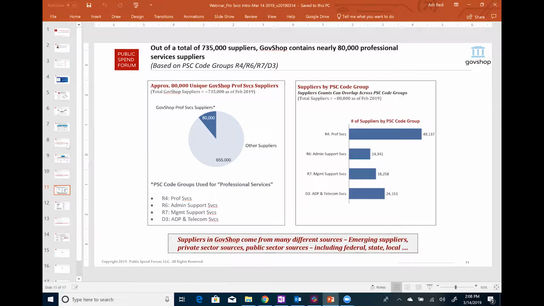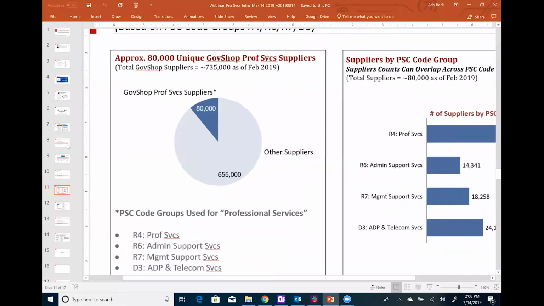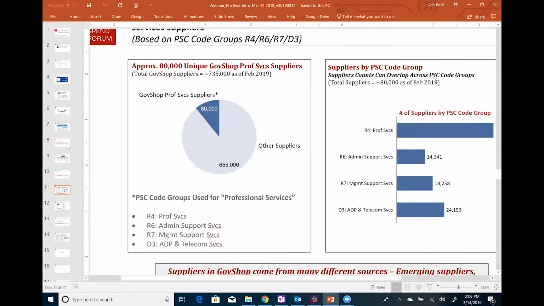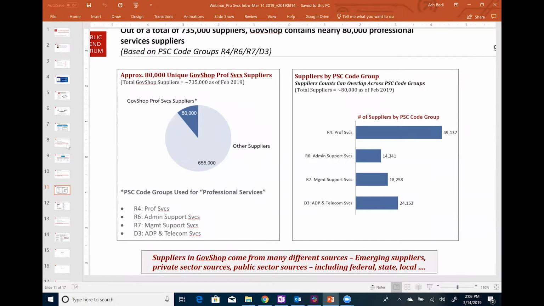Now that number that I just gave you, that's an aggregate number. That's across all products and services. So within professional services, roughly 80,000 out of the almost 800,000 suppliers in GovShop provide professional services. I suspect the number there is even higher than 80,000, but where that comes from is, if I reference the PSC codes, which are in GovShop, and I'll get to that in a moment as I do the demo, you'll see what I'm referring to more specifically,